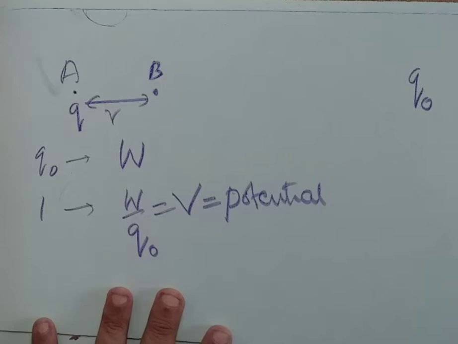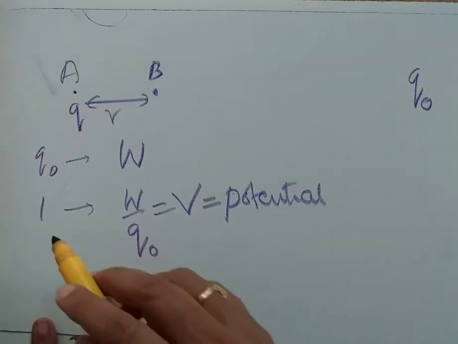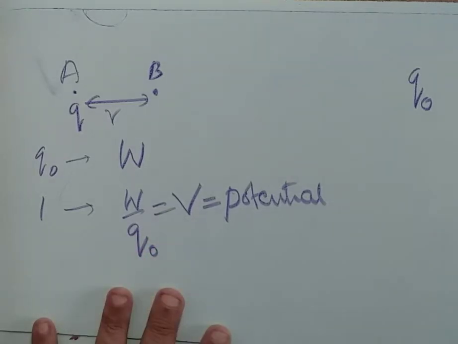Now observe. So we define electric potential at B. It is the amount of work done in bringing unit positive charge, because instead of Q naught, I am taking what I have calculated here for one charge, that is plus one coulomb in SI unit. Therefore, we define it like this. Electric potential at a point is defined as the amount of work done in bringing unit positive charge from infinity to the given point against the opposition without accelerating it. That is what we call electric potential.